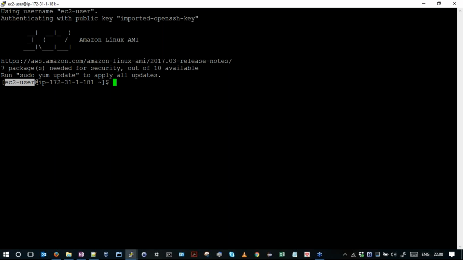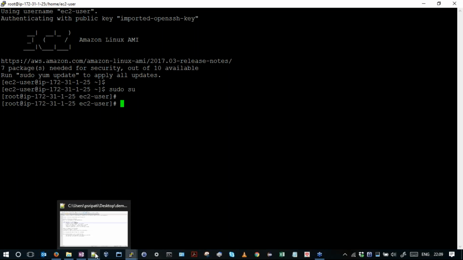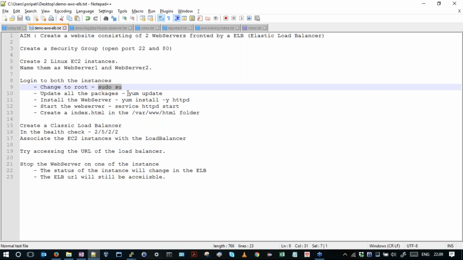To upgrade to root, we have to say sudo su. Let's do that on both the machines. Now if you see, I have become root. Let's do it on the second machine again. On the second machine also we have become the root.